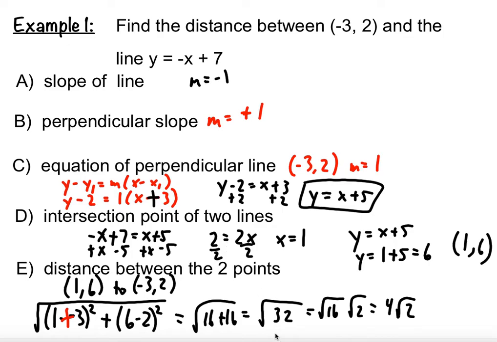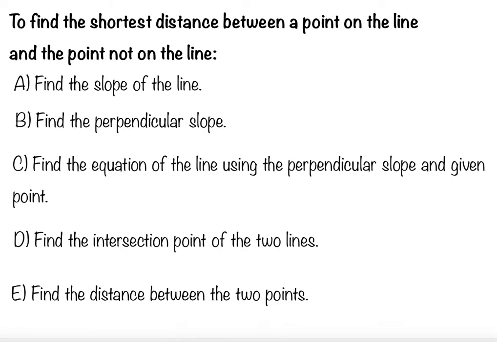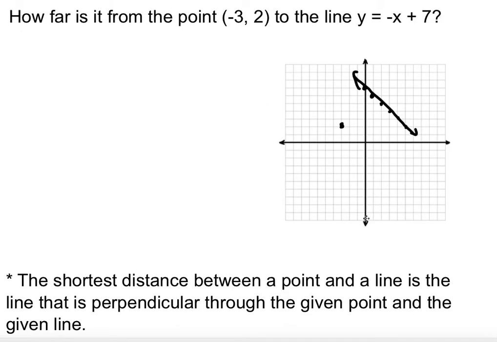So we had a point of intersection here at (1, 6) from letter D there, if you notice that. Let's go back and look at our picture over here. So if I plot (1, 6) on there, and I draw a line from that point of (-3, 2) to that point now of (1, 6),